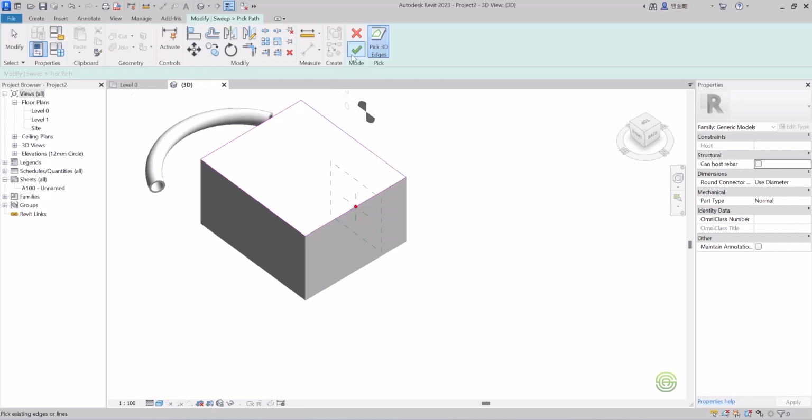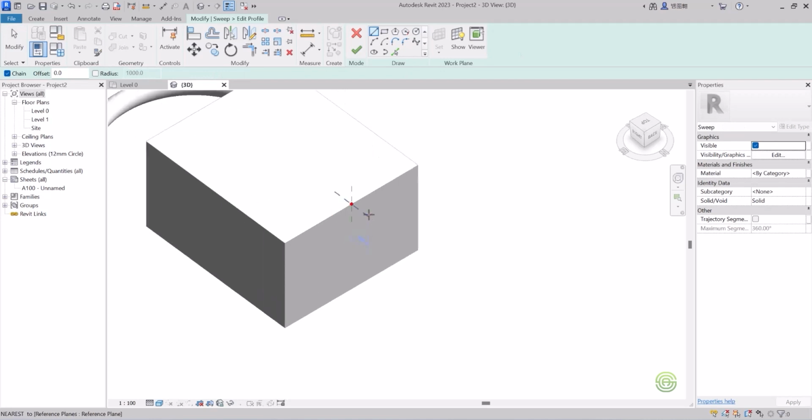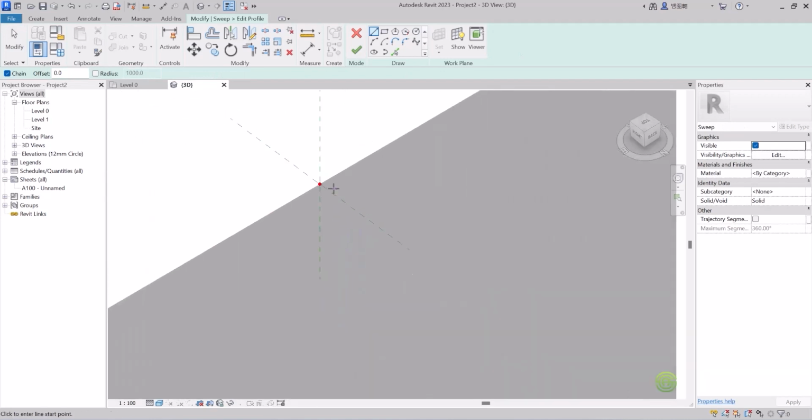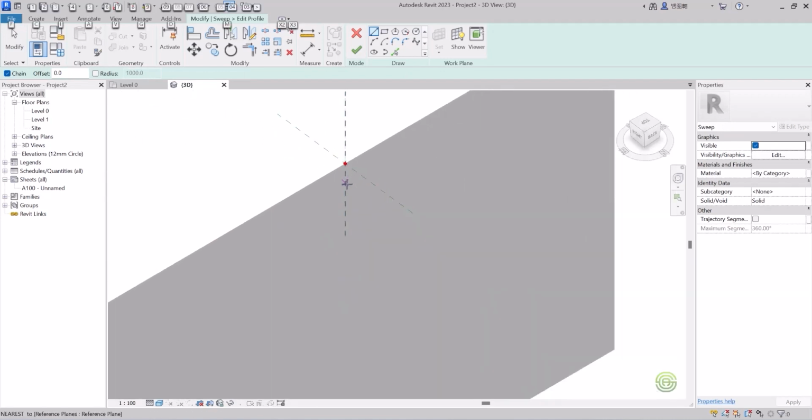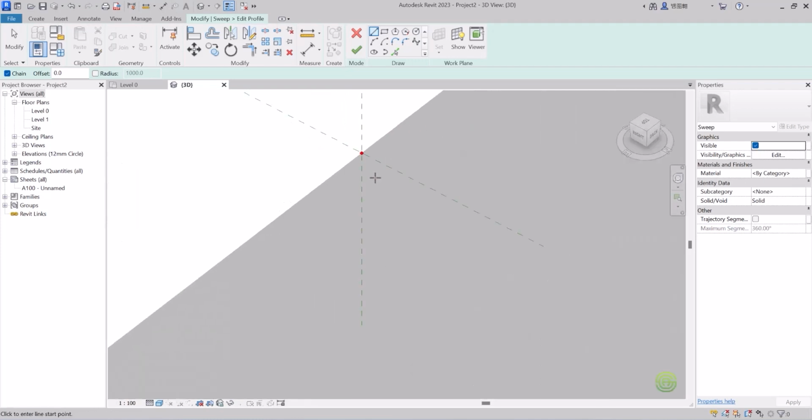After that, we have to give a green tick, and now we have to draw a profile. So in profile, just select edit profile. Now here you can just draw a profile. So we can just draw something like a cornice kind of thing. So draw it like this,